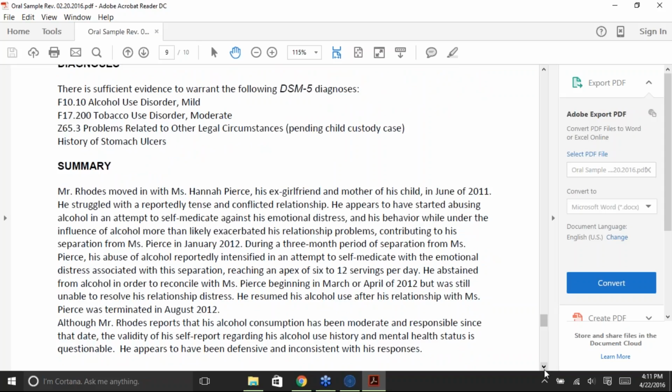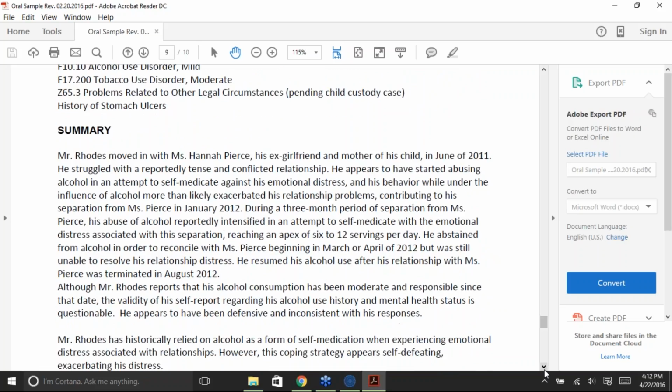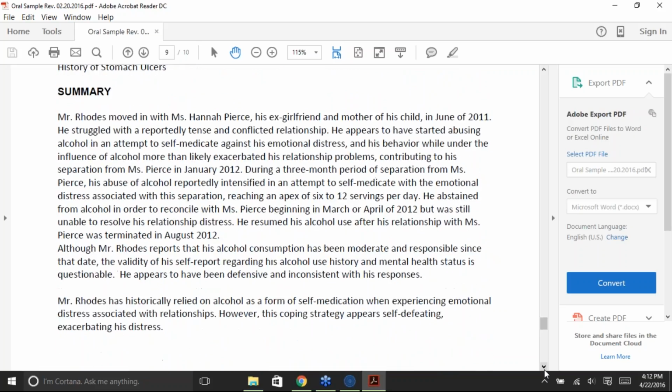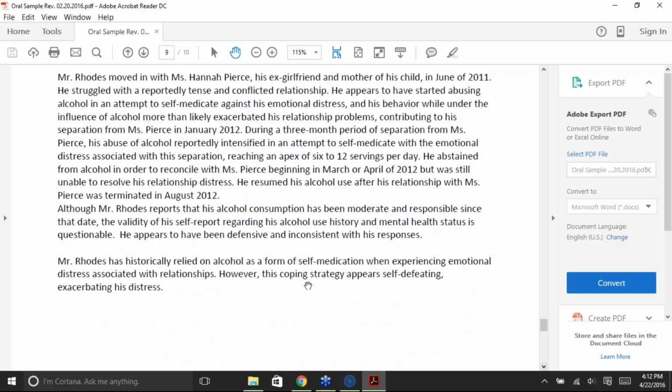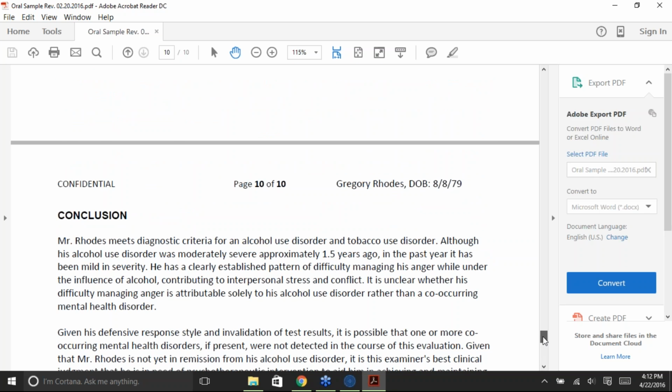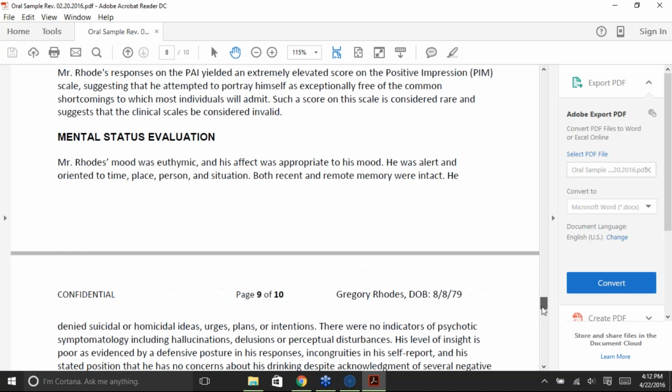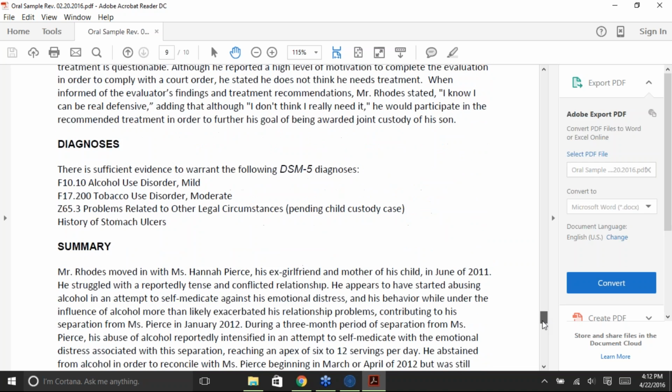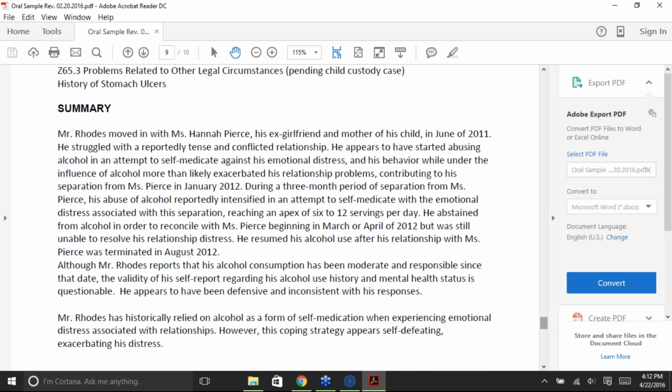So here we get into the summary. Here I start wrapping it all up. I walk you through this case and everything that's significant. And I talk about my dynamic formulation, what I believe about this case based on the data that I collected. So if we look at that a little bit here, I talk about